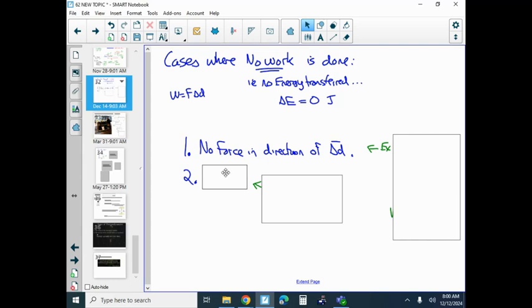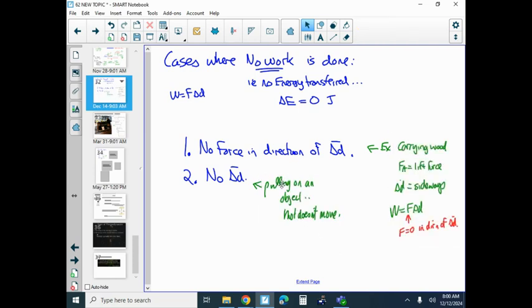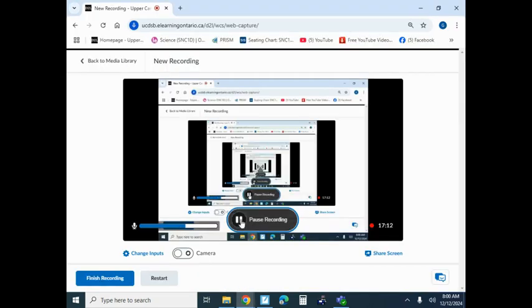And so if there's no force in the direction of the displacement, then there's no work done. And if there's no displacement, okay? So if you're pulling an object really hard but it doesn't move, then no work gets done. If you don't have a force in the direction of motion,